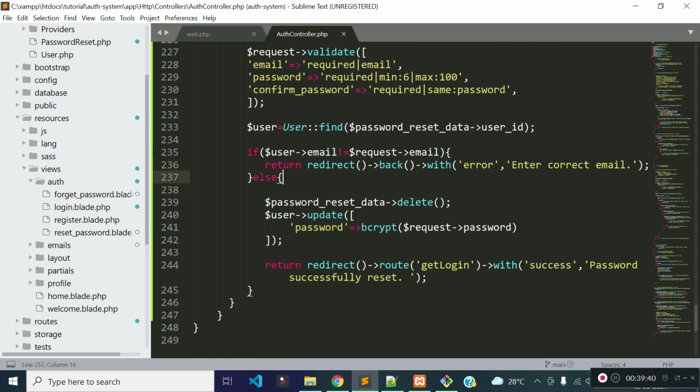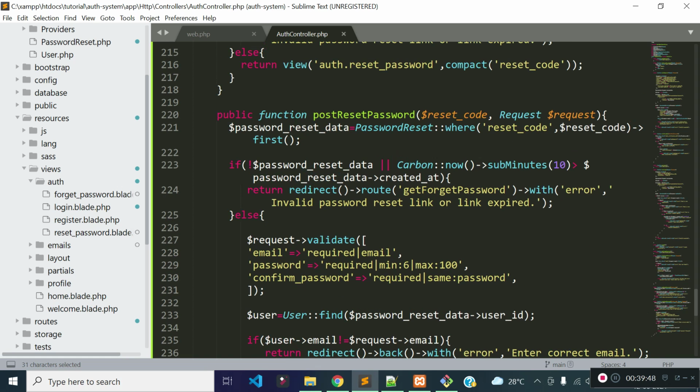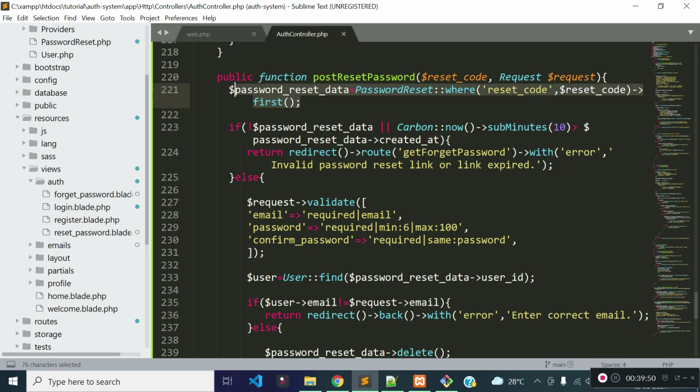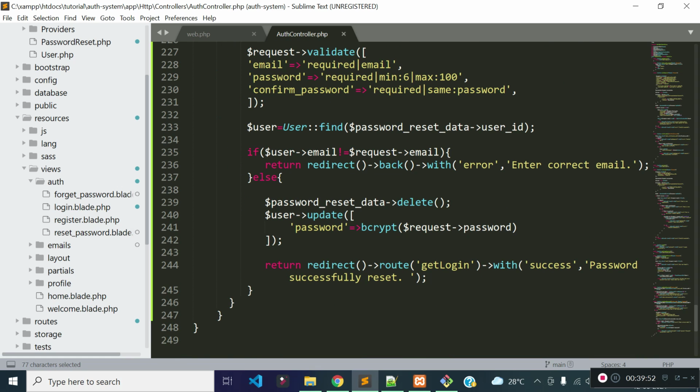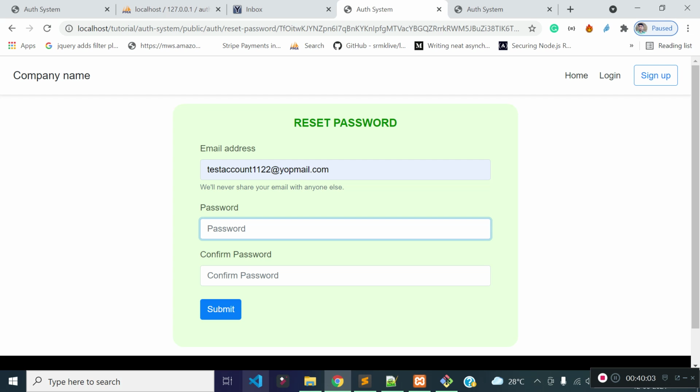And if the user has entered the correct email, then what I am doing here, I am deleting the password reset record from the password reset table. This record actually, I am deleting this record, and after deleting the password reset record, I am updating the user's password with the password the user will enter here, right?